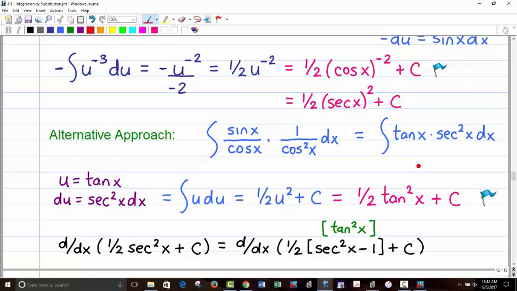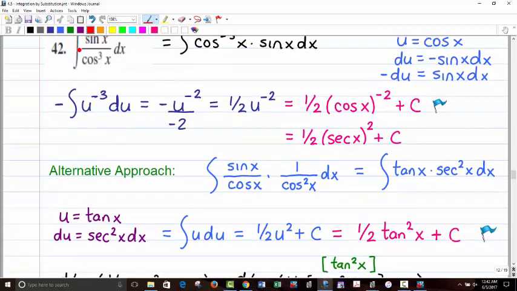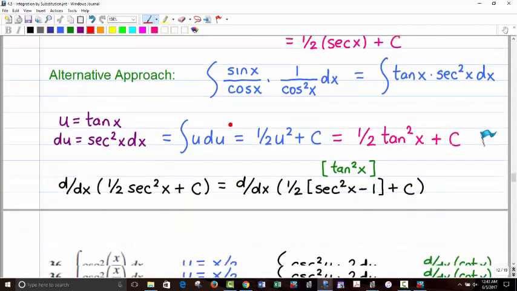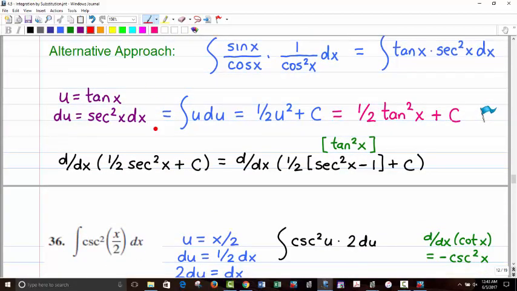Now, what makes an antiderivative technically correct or not, so you might know which of those is correct? They're both correct. Because the rule for being a correct antiderivative is, does the derivative of your answer equal your original function? If the derivative of your answer equals your original function, then it's correct, even if they're two different-looking answers. Then they're both right. So all I did here was take the derivative